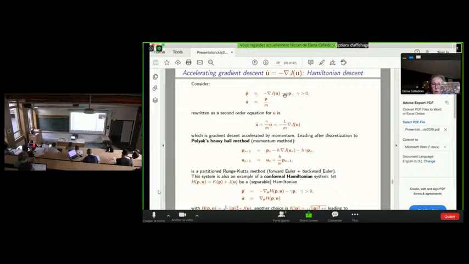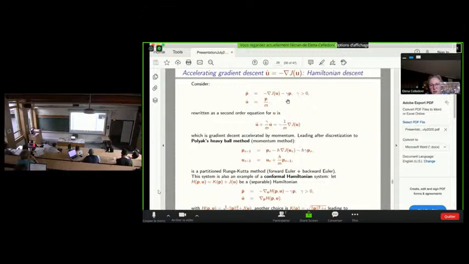They are Hamiltonian systems with linear dissipation, and in this example here, it can be written also as a second order ODE with the gradient on the right hand side.